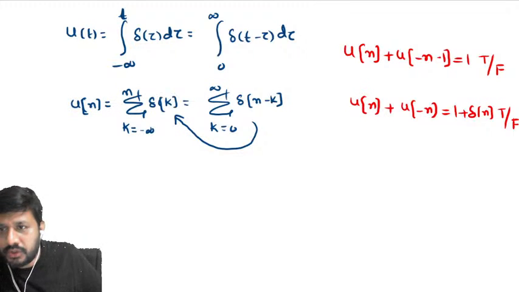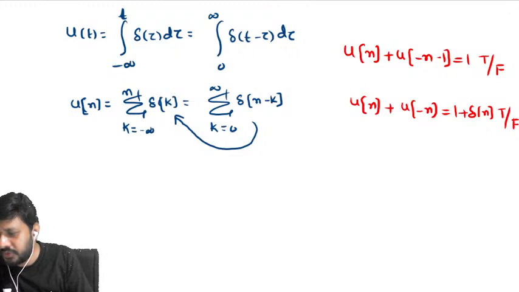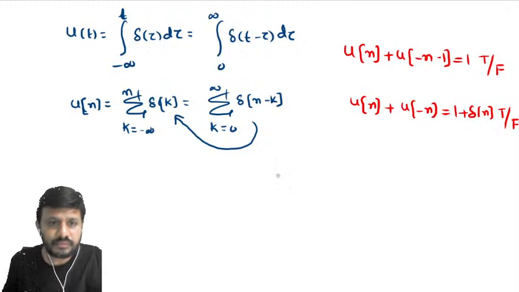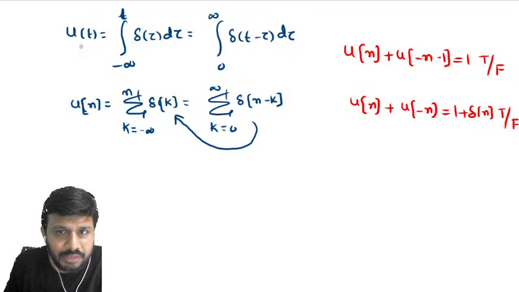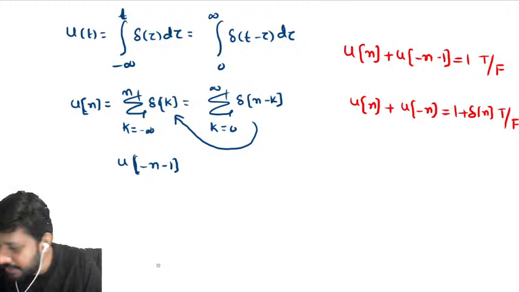First one, Manoj, first one is true, second one is false, Manoj. Okay, what about Vignesh and the other guys? So let's draw. u of n, anyway, you know how to draw. u of minus n minus 1. This is the transformation involving